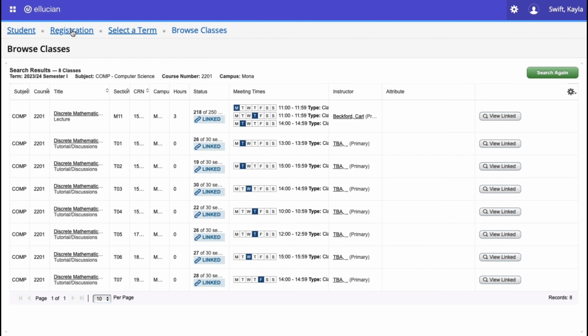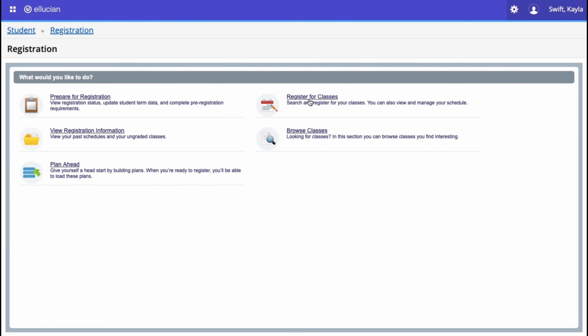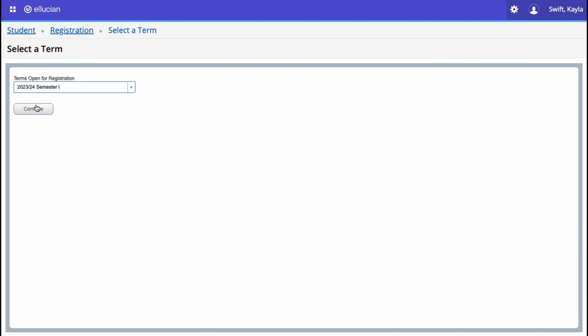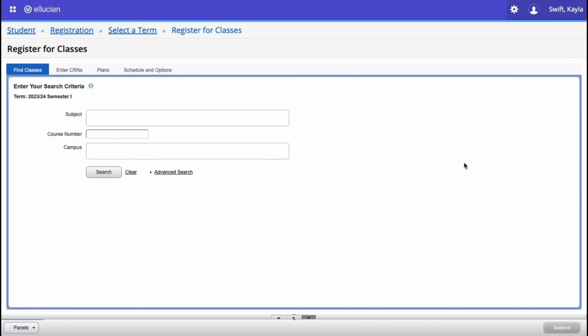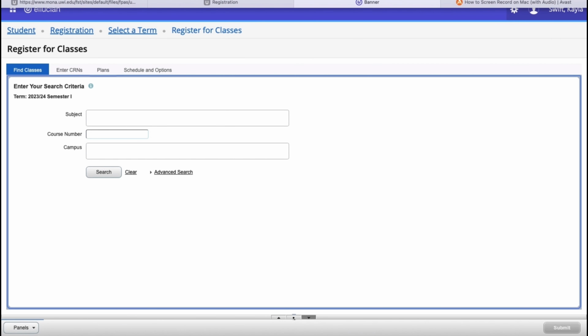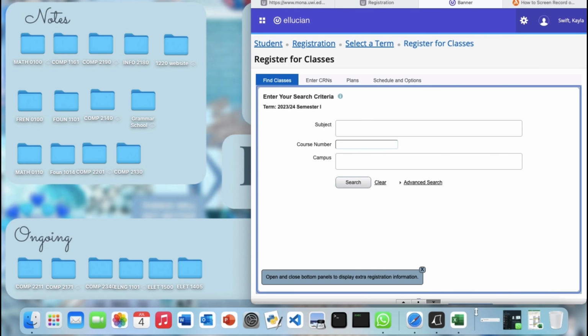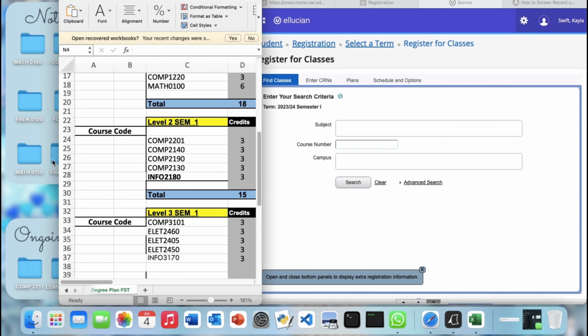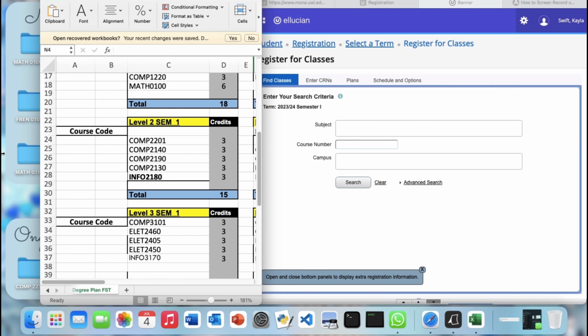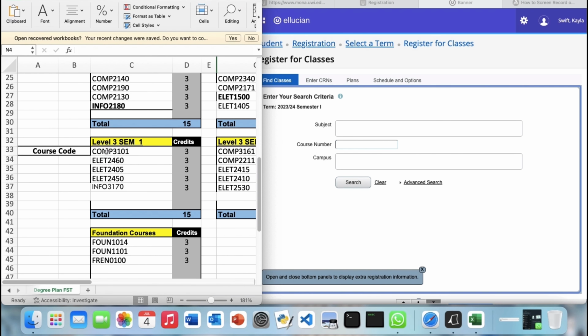So let's actually get into registration. We go to register for classes and select the actual term that we want. Then let's go back to where we were before, which is my lovely Excel sheet, and we see what we need to register. So we're starting with